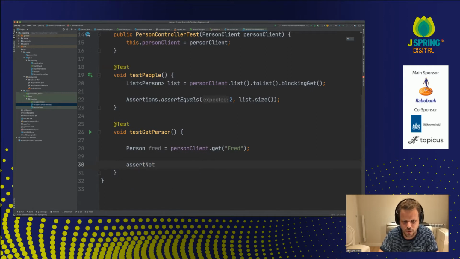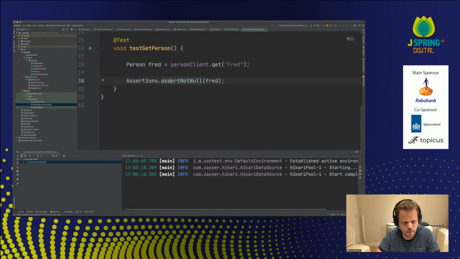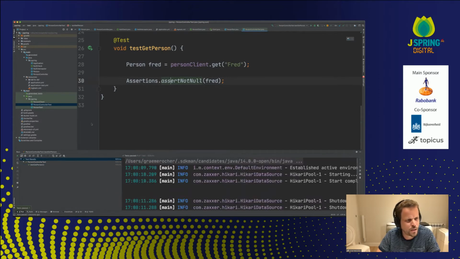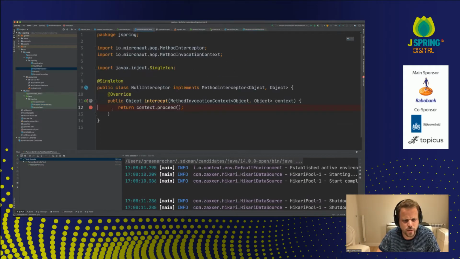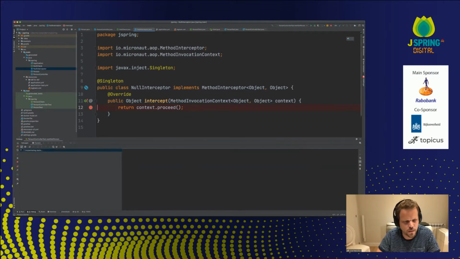Cert, not null. No. So let's run that. I assume it's going to pass. I've written a lot of code. I'm a little bit nervous, I must say. It does pass. Now let's put a breakpoint on here, which we already did, and